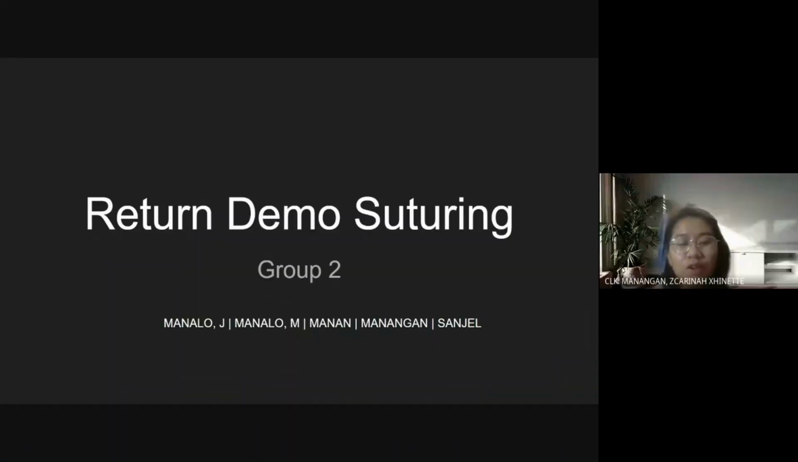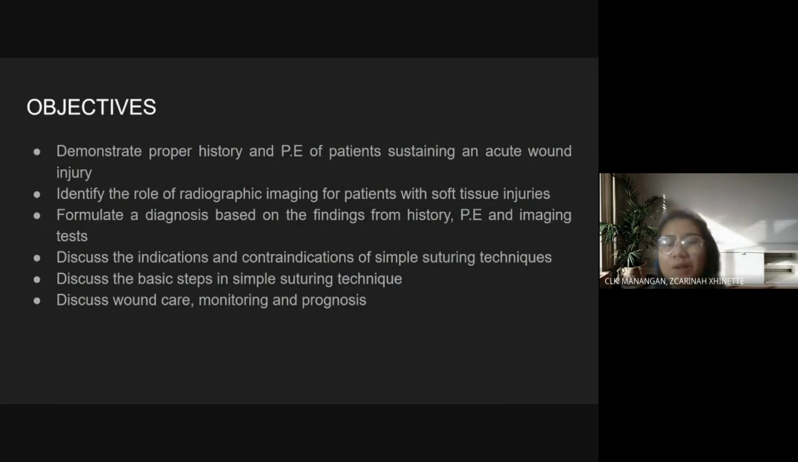So, good evening, doctors. Today we will be discussing the return demo for suturing. Our objectives are to demonstrate proper history and physical examination of patients sustaining an acute wound injury,